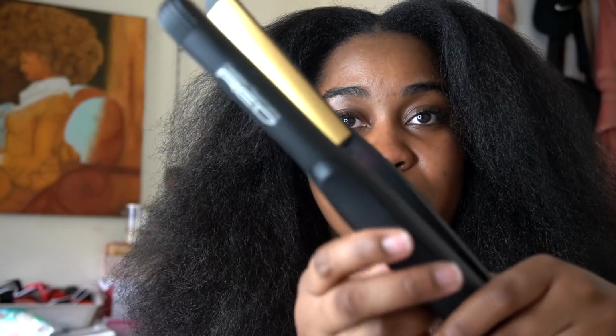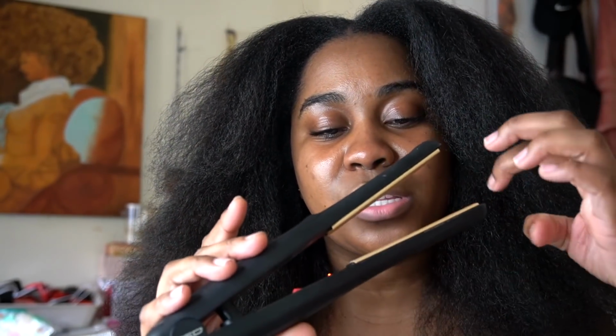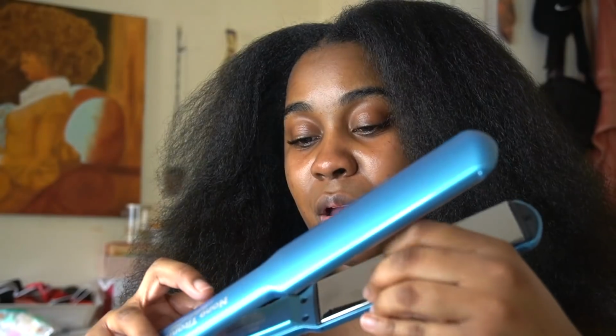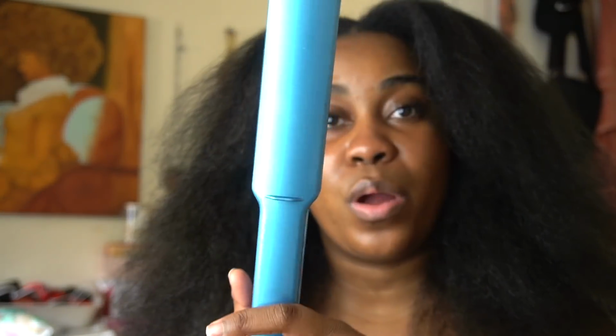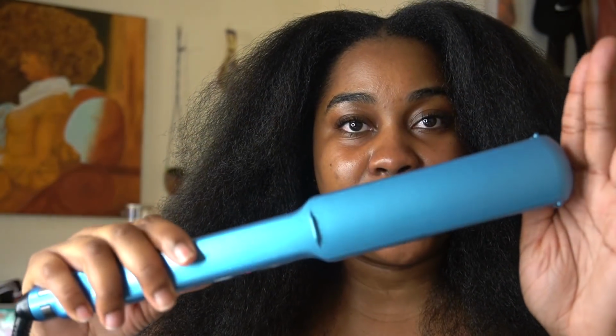And then I'm also going to use heat protectant. I'm just going to spray a tiny bit all over the hair one last time before the flat ironing. For my edges, I am going to use this tiny flat iron, just to get my edges. It doesn't really have a heat setting, it just has an on and off thing. So yep. Babyliss Nano Pro 1.5 inch flat iron, and I'm going to be using this today to flat iron